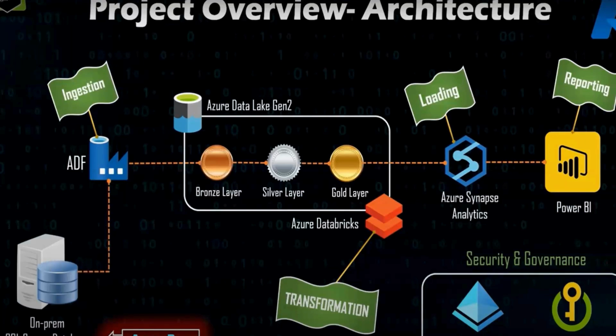So who will help us? Azure Databricks will help us with the process of transforming the data. The data ingested by ADF will be transformed using Databricks and pushed into the gold layer. Once my data is available in the gold layer, it will be pushed into the Azure Synapse Analytics warehouse. This is for the data warehouse. It is similar to Snowflake, Redshift, these kinds of databases. Azure Synapse Analytics is a warehouse that will help you store your final data. As soon as my data comes into the Synapse Analytics warehouse, I can connect with Power BI and build my dashboards.